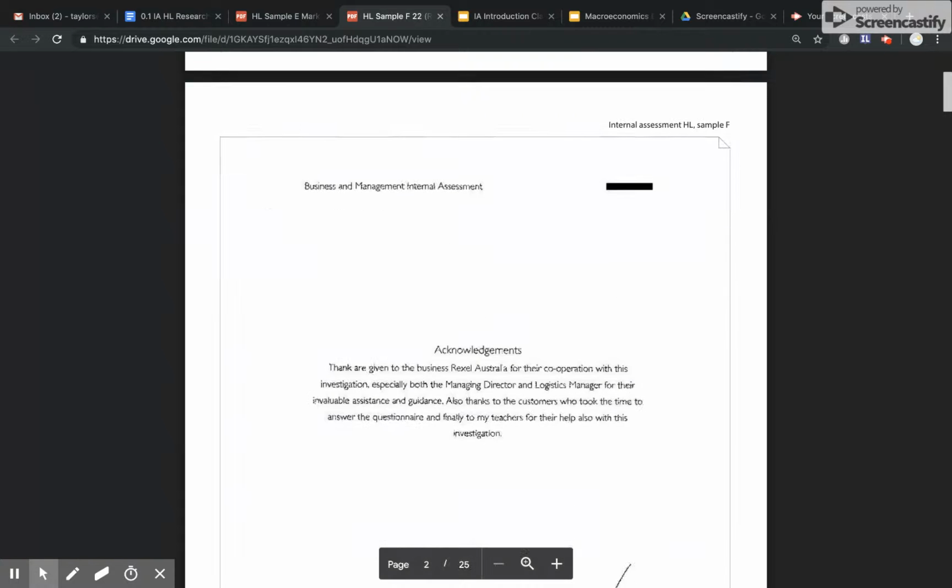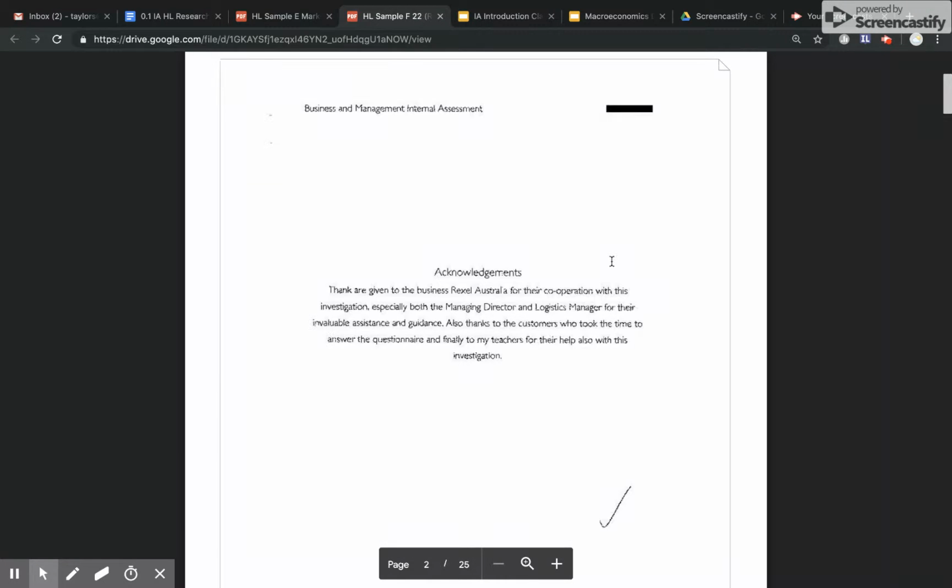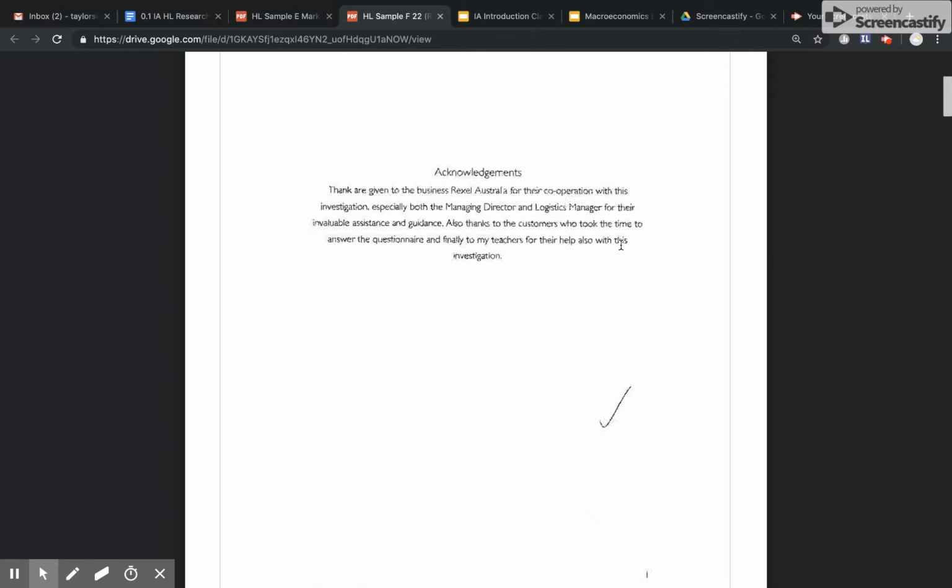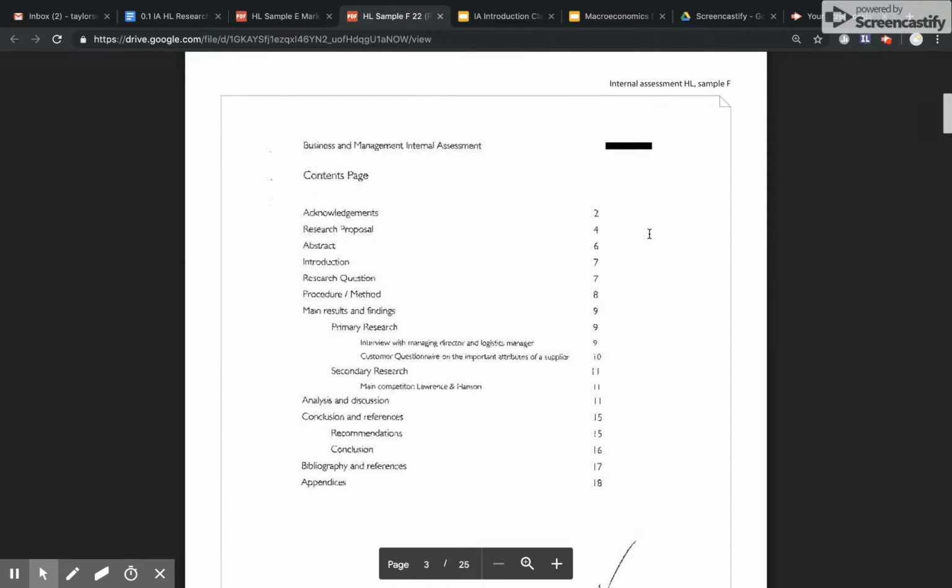So moving on, the acknowledgements page, again, thanking Rexel, the company in question, for their cooperation, their help, and all of that. Always a nice thing to do. Contents page,